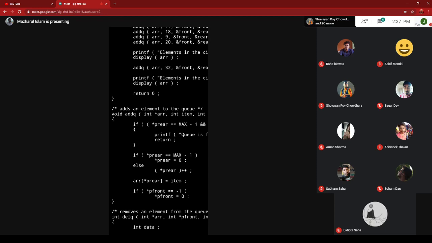Forget about the theory, just imagine two cases. One case when you can say the queue is full. One situation when there is an array, when the last location of that array and first location of that array both are filled, then one situation may happen that your queue is full.